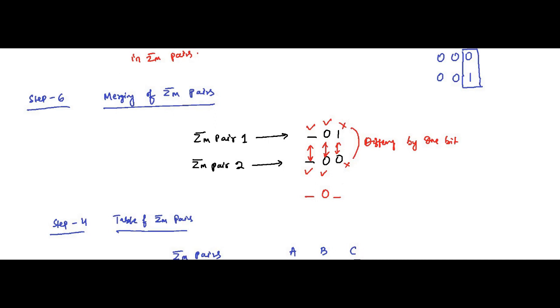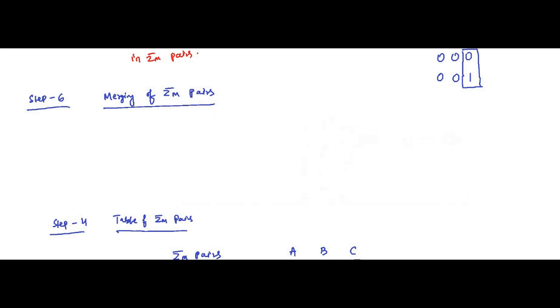Let us take another example. We have again another minterm pair, minterm pair 1, let's say, with the binary equivalent 1 0 dash. Then we have another minterm pair from an adjacent group, given as 0 0 dash. So here if you compare these two minterms,